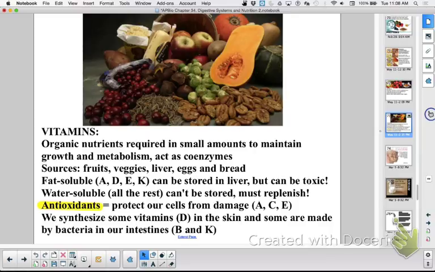Fat-soluble vitamins like A, D, E, and K. ADEK, you'll be as big as ADEK if you have too much fat. That's how I remember that, okay? Fat-soluble vitamins, you can store for long amounts of time. If it's not one of those 4 fat solubles, that means it's what? Water soluble. You can't store it and you'll pee it out. That's why you need to replenish.